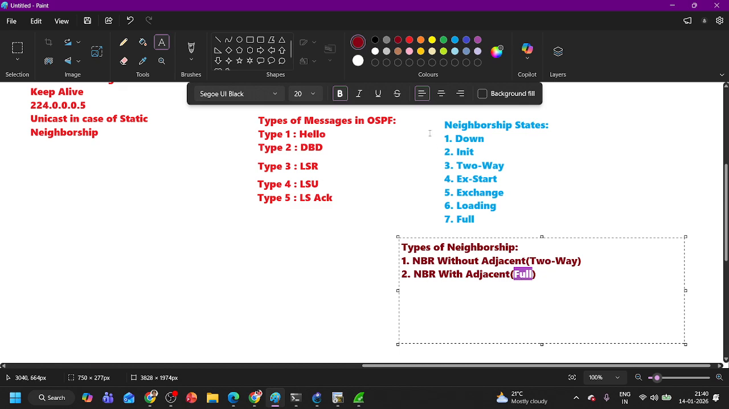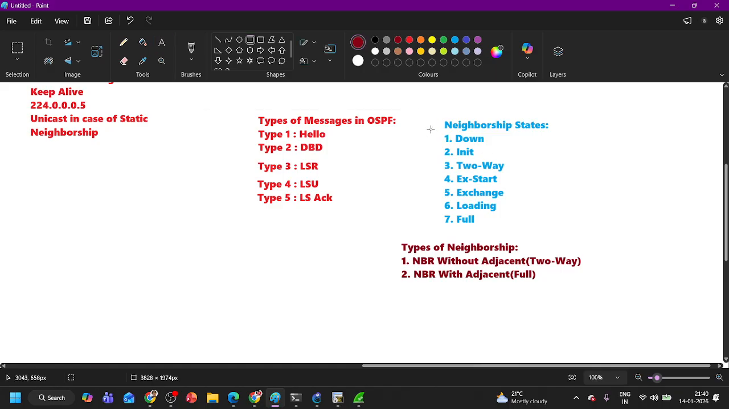Okay, understand all the states one by one. Very first is down. Down means maybe you have enabled OSPF on an interface, but that interface is administratively down, or the line protocol of that interface is down. Then the OSPF state is also going to be down. As soon as the interface comes up, the very first state is going to be the init state. Init stands for initialization. It means the router will start sending